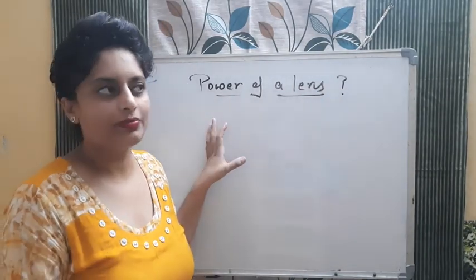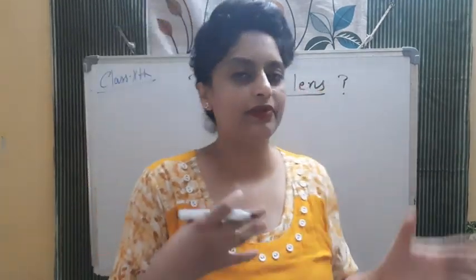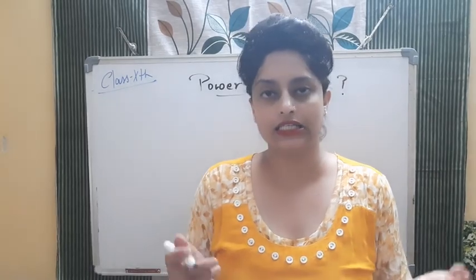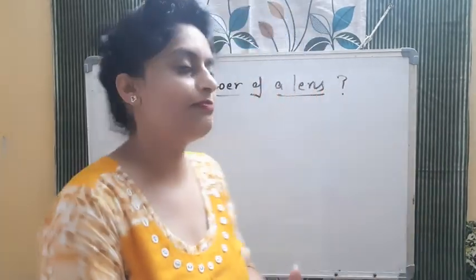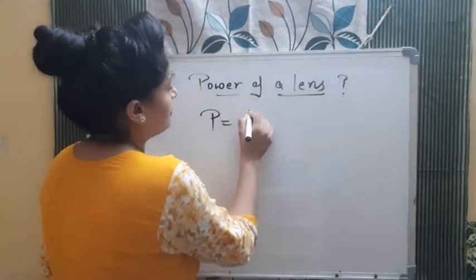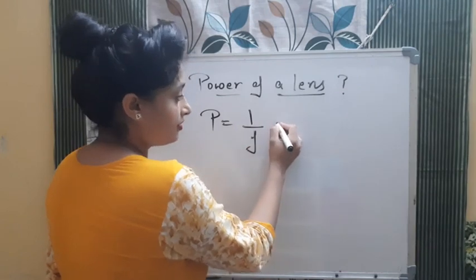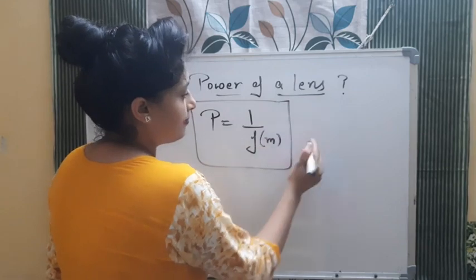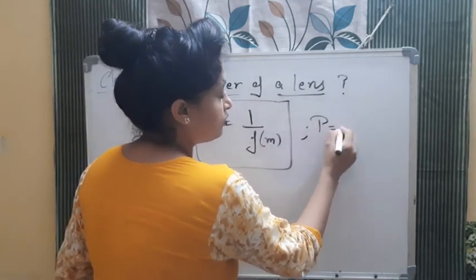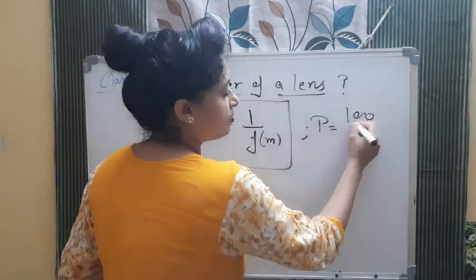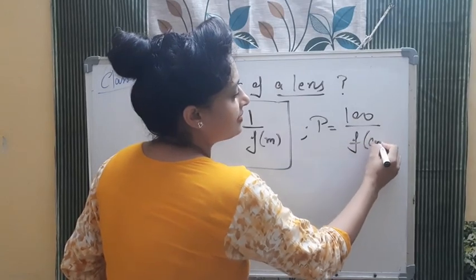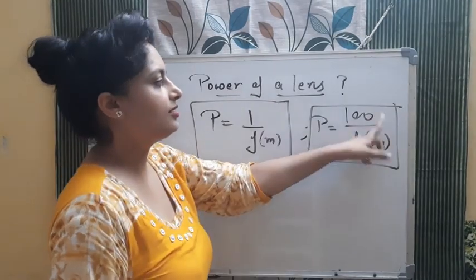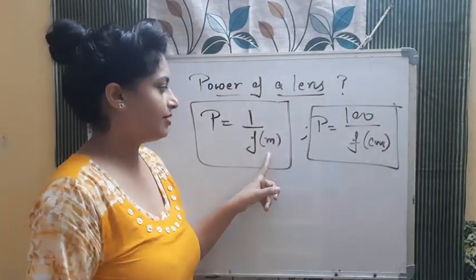Power of a lens is what? Power of the lens is the ability of the lens to accommodate, or we can say, to see things clearly. So power is always the reciprocal of the focal length. This is the formula. Okay, if it is in meter, but if you are finding the power and you know the focal length in centimeter, then the formula will be this. If focal length is in centimeter, you will use this formula. Simple. If it is centimeter, 100 will be on top here, and if it is meter, then 1 by f.